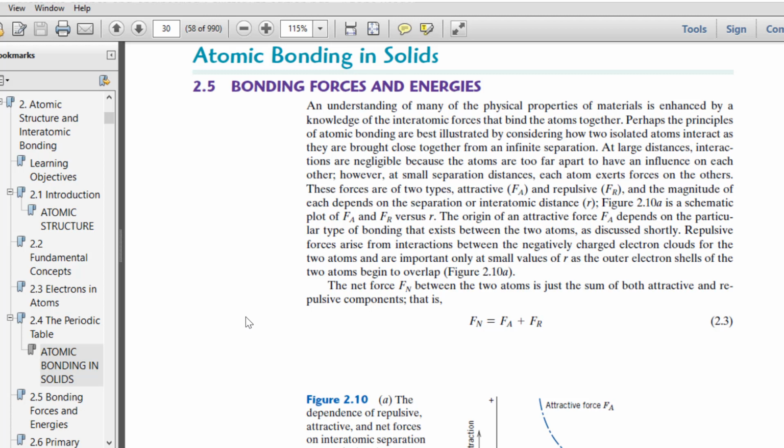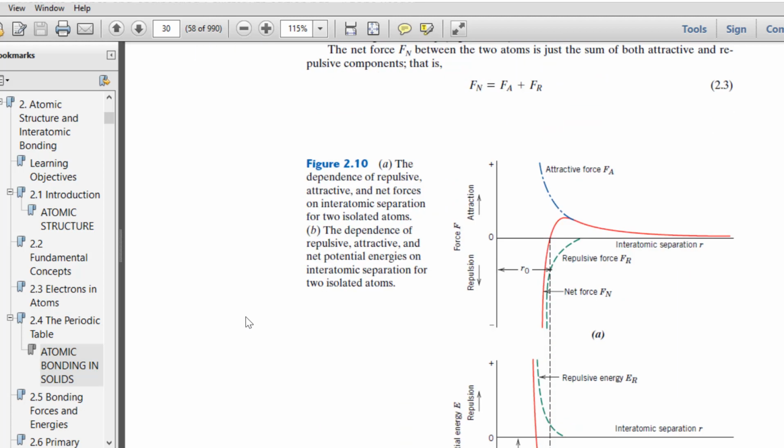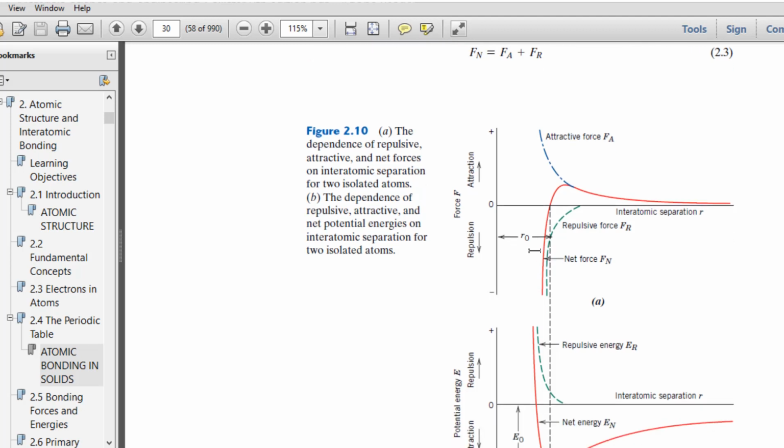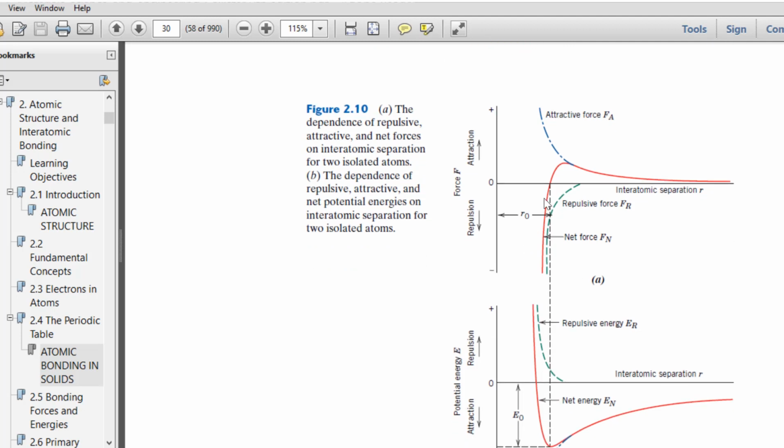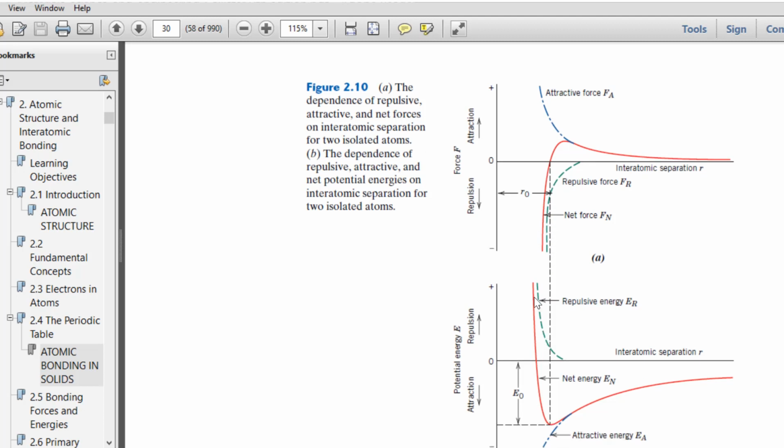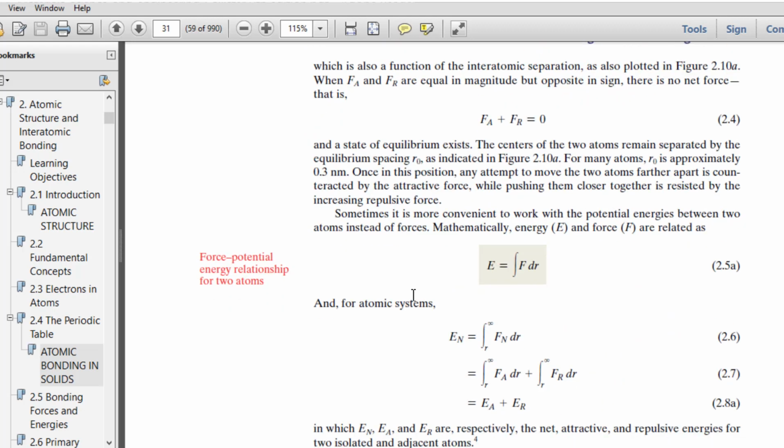Okay, the next is 2.4, that is bonding forces and energy. This is very important because in some years the GATE question has been asked, like how the atomic force varies with the distance between the two atoms. Okay, because at equilibrium the force is 0 and the potential is low. This is what it wants to tell. This is the force which is 0, the red one, and this is the red line which is for potential energy. This is negative and it is the most negative. Okay, so that's why it is minimum.